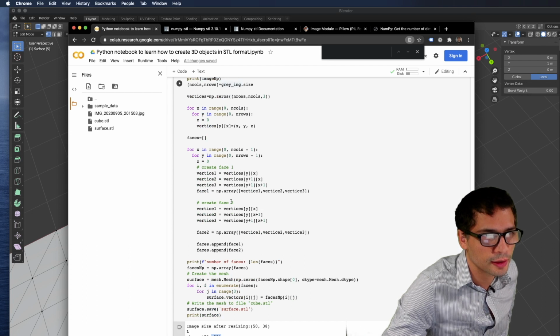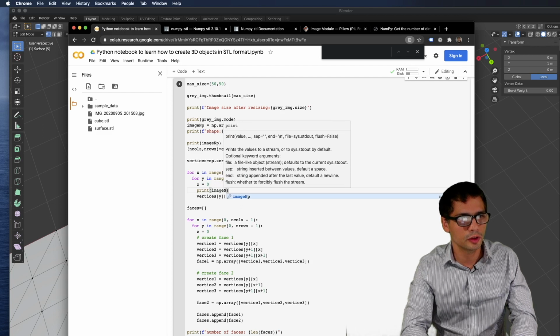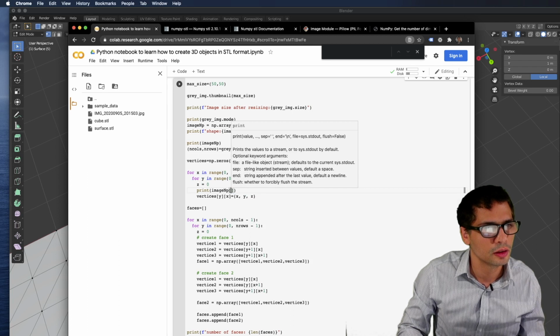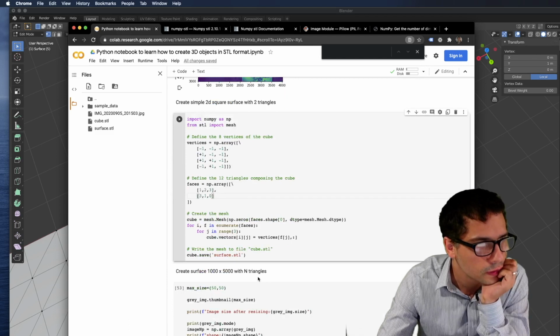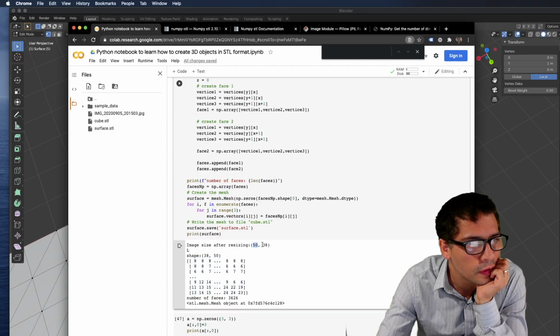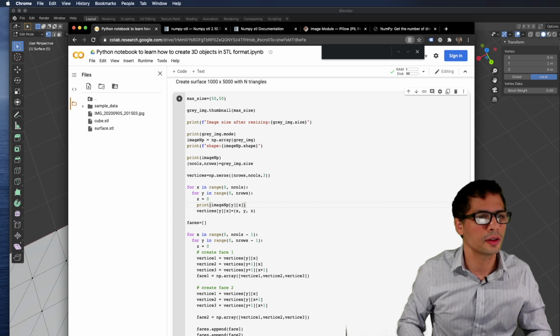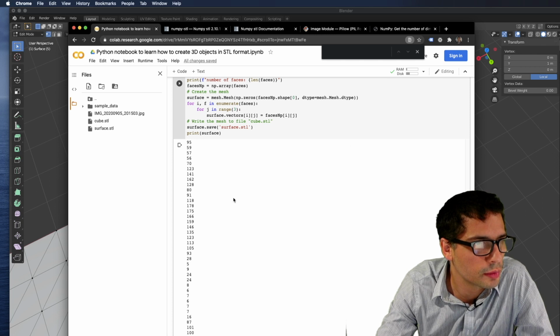So if I wanted to access the Z value, for now I'm just going to do image NumPy. The first one will be the Y. Let me just see which one it is. 50 is the width, and 38 is the height. And here, this is the width, so this is where ncols goes, and this is the rows, nrows. Okay, I think this is correct. Let's just print it out. Seems like it adds up.